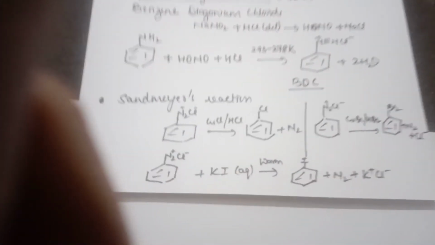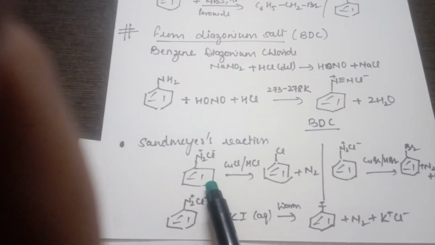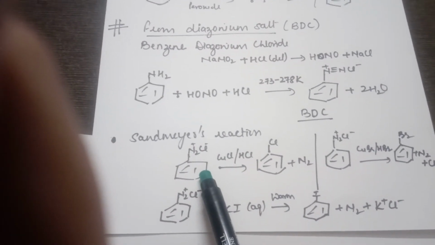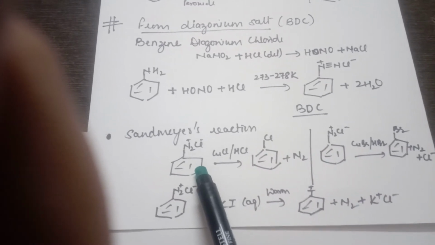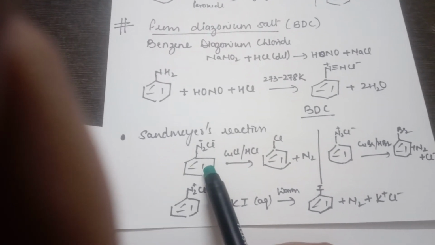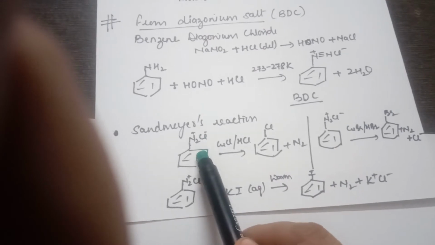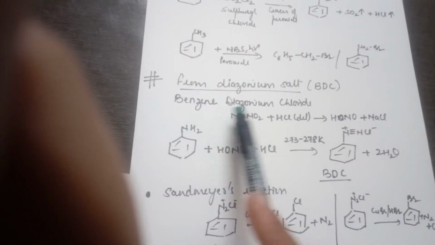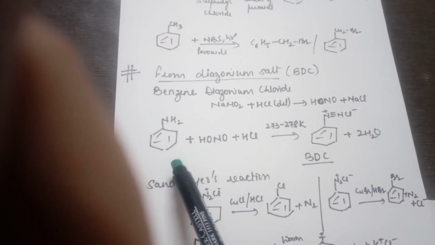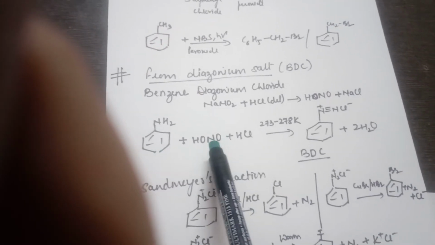But if you see, in all these Sandmeyer's reactions, we are using this compound which is called BDC, benzene diazonium chloride. So the basic thing which is required in the Sandmeyer reaction is BDC. So you need to learn the preparation of BDC, how it is done. BDC can be prepared by treating aniline. Aniline is this one. Aniline with nitrous acid,